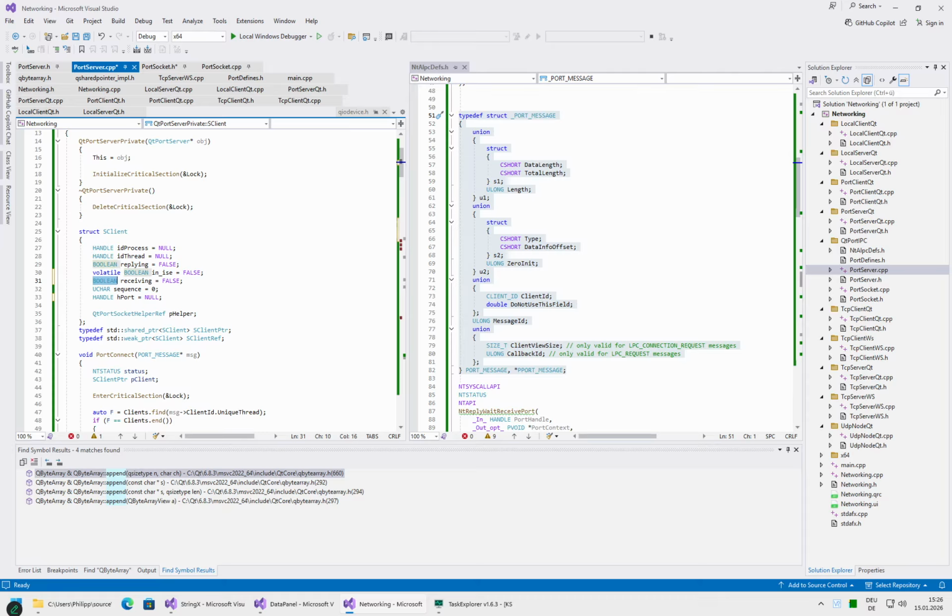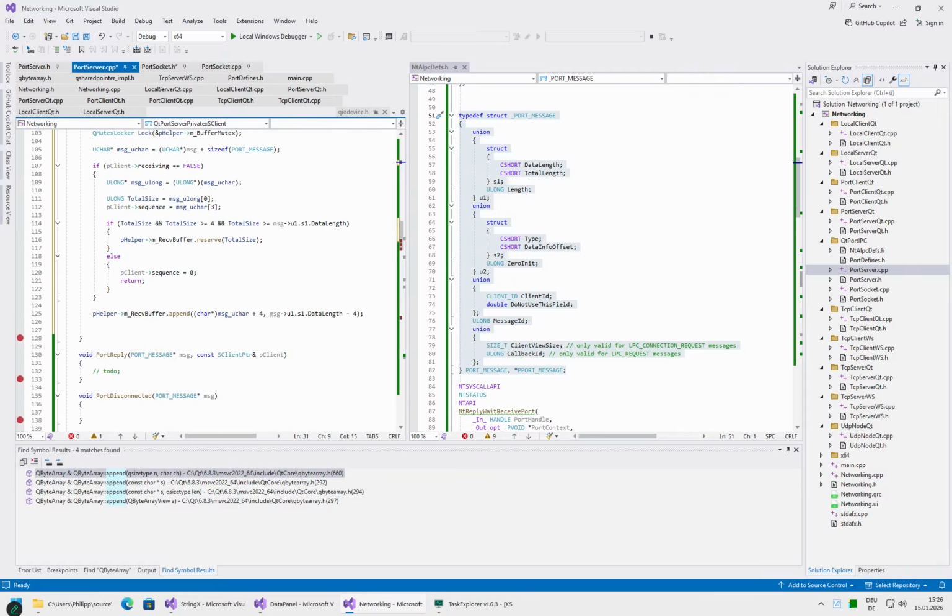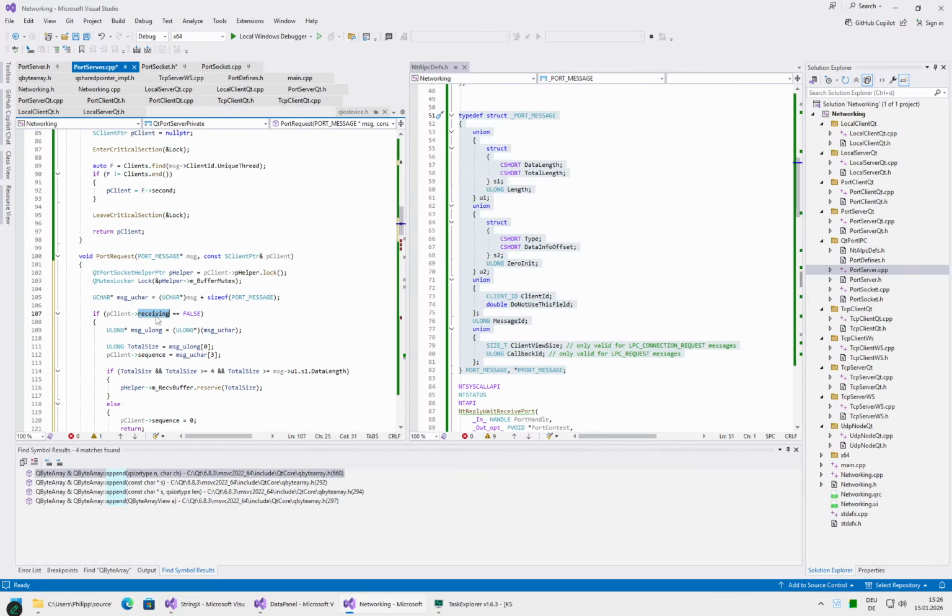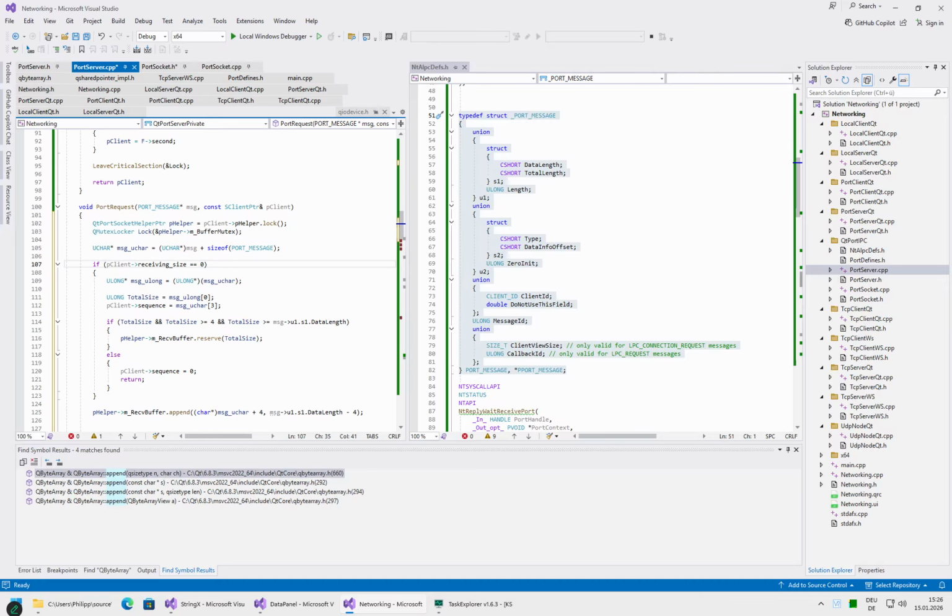Actually, we can change this one into a long receiving size. So we'll just write down the size we are receiving right now, and if receiving is 0, then we will set receiving here, if this is the first package, to be the total size, since we get it from the client. And then we know